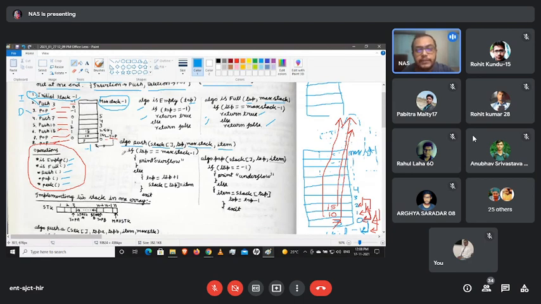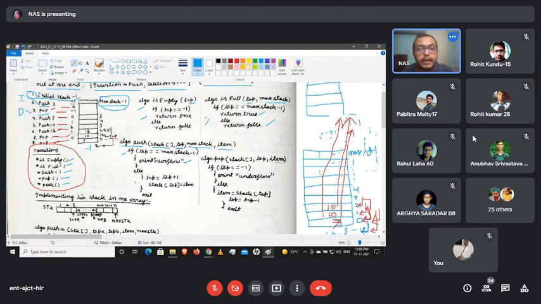So for the push operation, the first condition will be to check whether the stack is full or not. If top equals max stack -1, meaning the stack is totally occupied, then it is an overflow condition and no insertion operation will be done. And if the pointer is not showing at max stack -1, meaning there is empty space for inserting an element, then we come here and insert, with top equals top + 1.